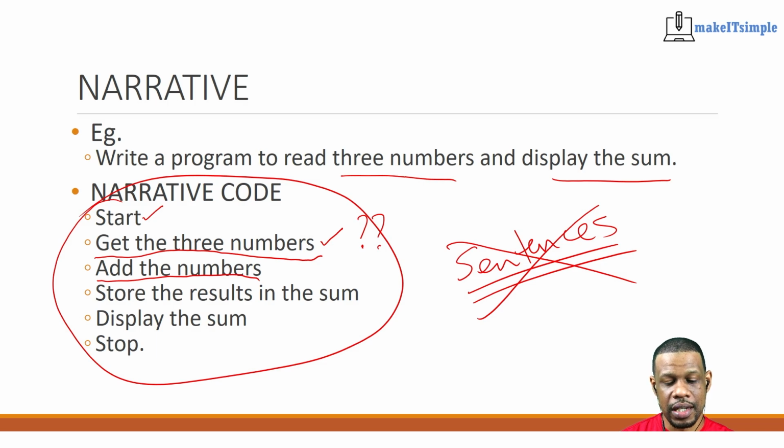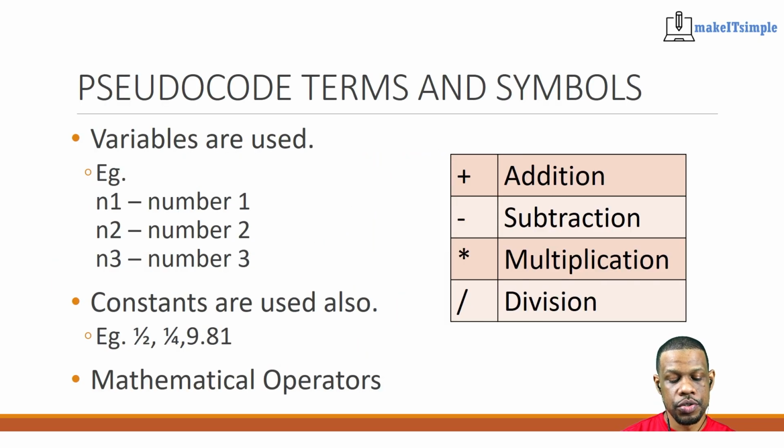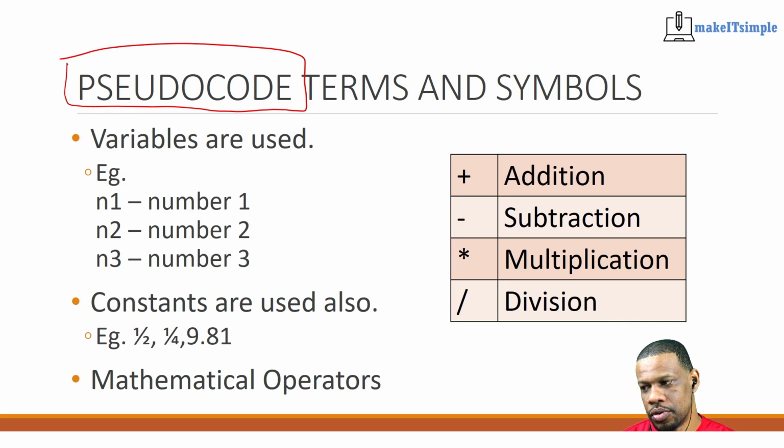A computer needs to understand it in a code, and in order to get that code done, we have to learn about pseudocode. So pseudocode now is where we want to get to. In order to get the computer to understand the pseudocode, we have to start to use the terms and symbols that the computer will grasp. So the terms and symbols that the computer will grasp are as follows. Instead of saying number one, we could use shorter terms like N1, N2, and N3. Because a computer really cares about the shortest possible way to get something done. So if we want to say the word number 1,